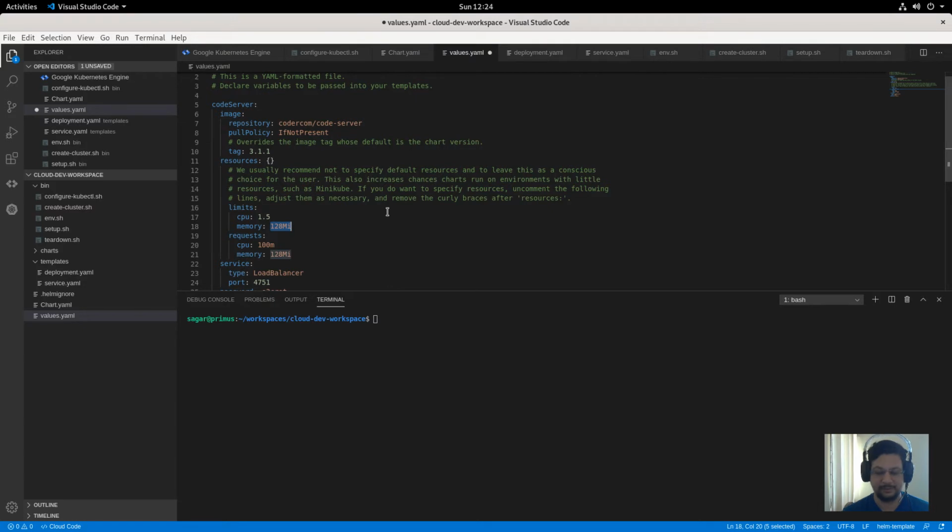So let me try scheduling 5 GB of RAM. I'm going to have the same for request as well,